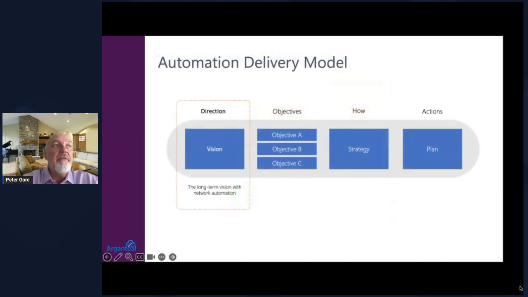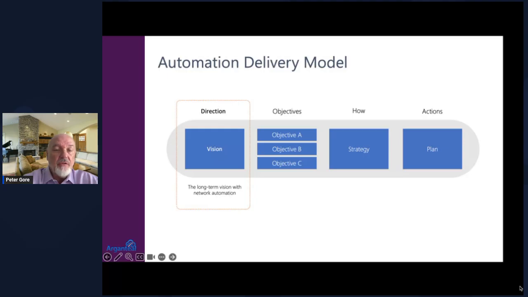Well, I need to have a vision, right? This is the non-sexy side of automation. This is before you can ever hit the keyboard. These are the things that you really must consider, because if you don't, you're just going to end up with what we like to term automation decimation, the ability to hit go and then sit there and then watch your infrastructure die. And unfortunately, I've seen many customers do this.